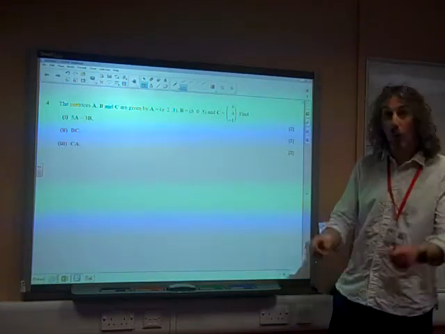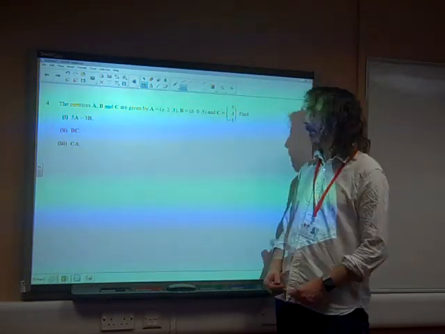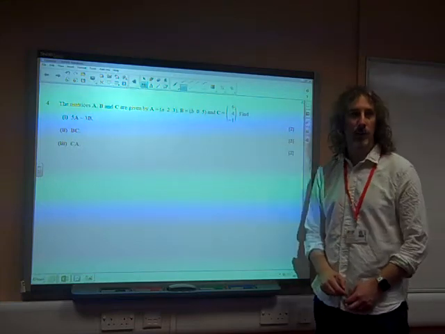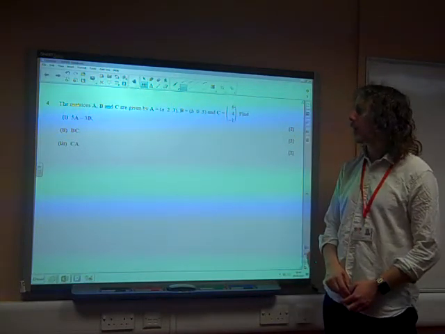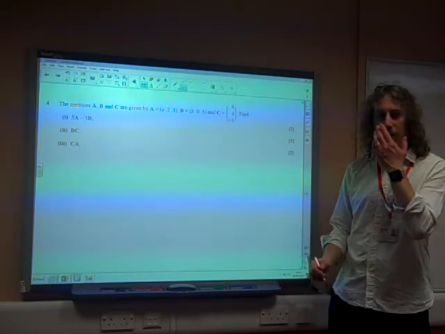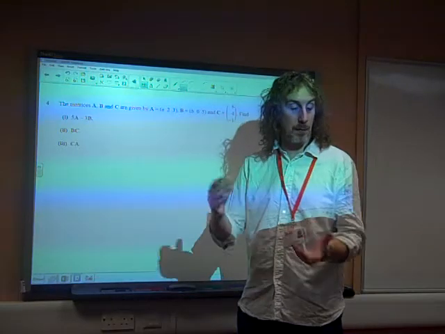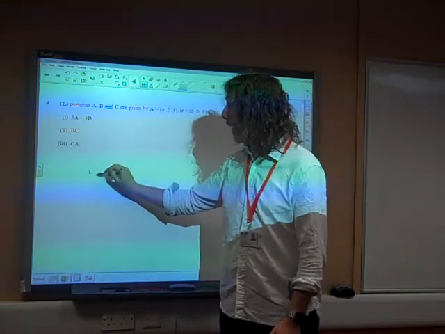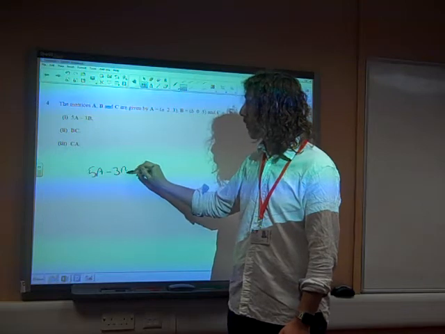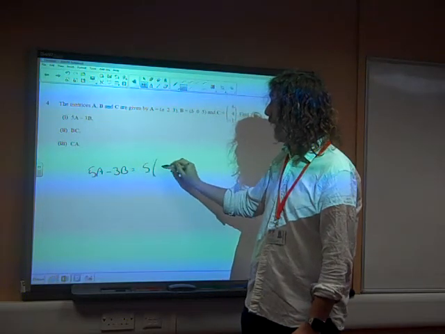Question 4. The matrices A, B and C are given by those expressions there. Find these things, 5A minus 3B. So you were given plenty of space. Let's use the space. 5A minus 3B, that's 5A